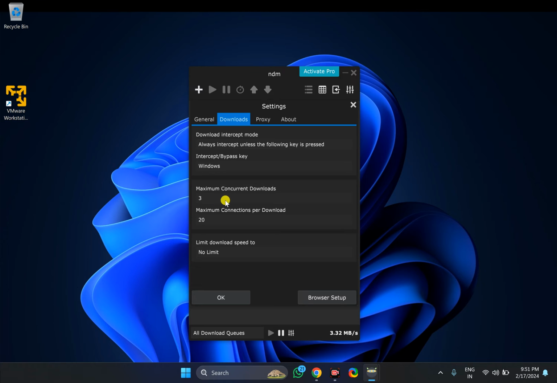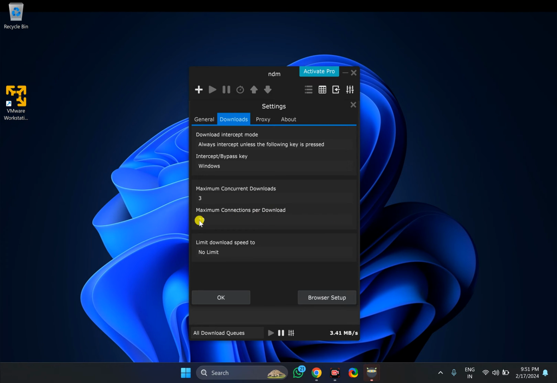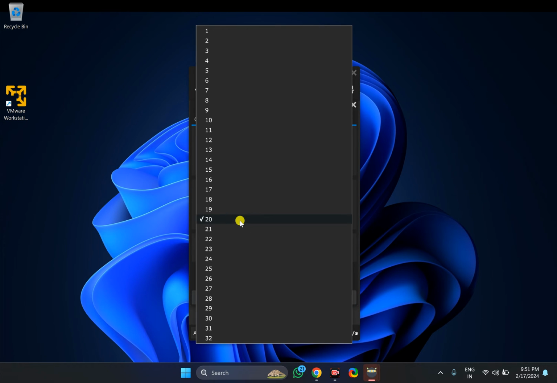You can set here the maximum concurrent downloads limit. You can set up to 20 files at a time. Then this one is maximum connections per download. You can increase it up to 32 connections for a single file.